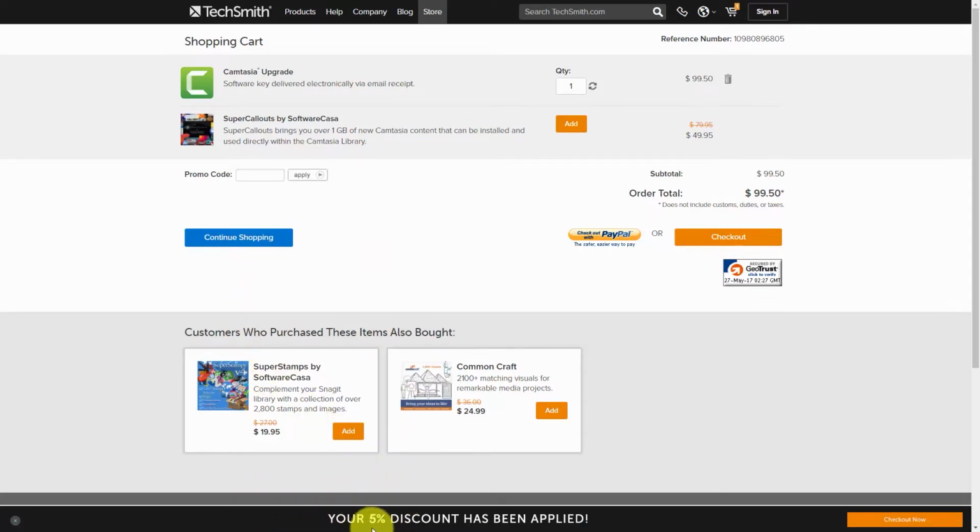Now in some cases, if you wait just a minute, you'll notice that Camtasia or TechSmith will offer you a 5% discount, and there is no special science for you to get this discount. Typically they'll add it to your account if you don't check out right away. So once you have your 5% discount, if your pricing is what you want, then you can go ahead and